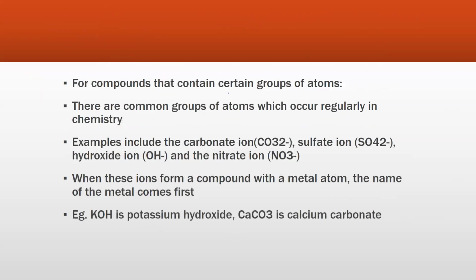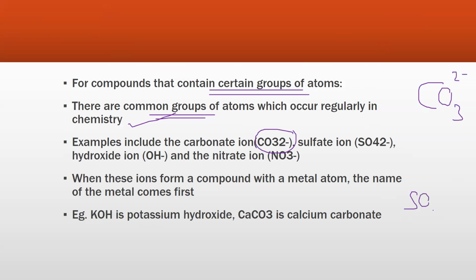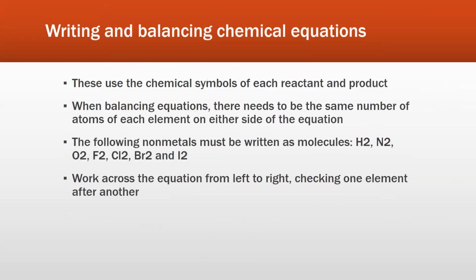ठीक है. And for compounds that contain certain groups of atoms, there are common groups of atoms which occur regularly in chemistry. इनके आपको याद करनी पड़ेगी that CO3 का जो चार्ज होता है it is 2 minus, सल्फेट का जो चार्ज होता है it is also 2 minus, नाइट्रेट का चार्ज जो होता है it is -3, फॉस्फेट का चार्ज होता है -3, got it? इस तरह करके